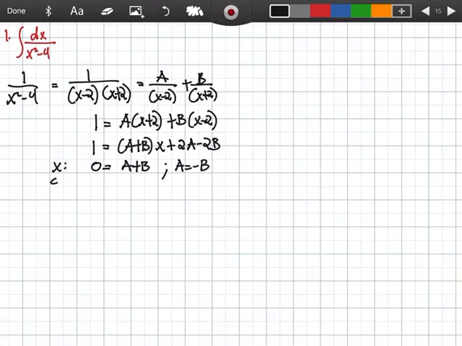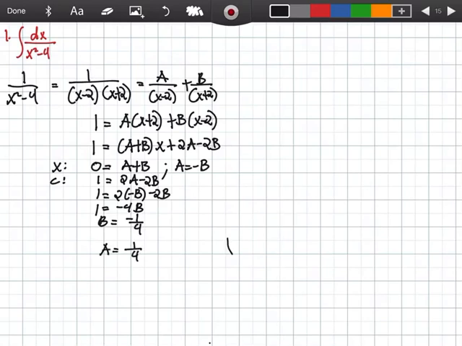And then, for the constant, class, what is on the left side? That is 1. What is on the right side as a constant? That is 2a minus 2b. And since we established from our previous equation that a is equal to negative b, we can say that 1 is equal to 2 times negative b minus 2b. That will be 1 is equal to negative 4b, where b is equal to negative 1/4. Since b is equal to negative 1/4 and a is equal to negative b, that means a is equal to